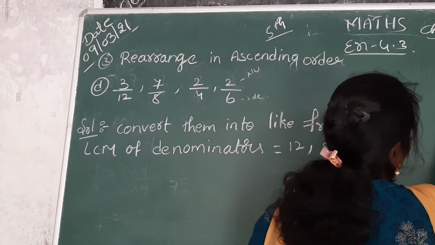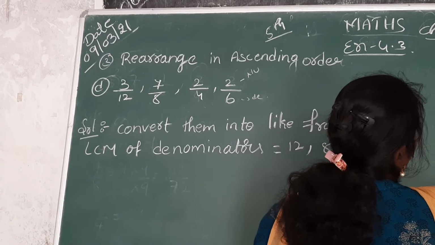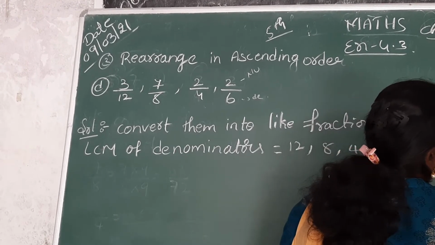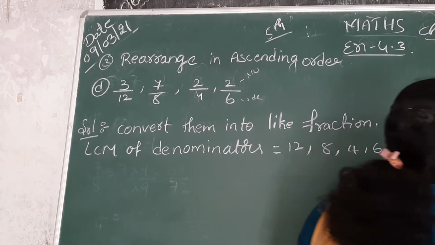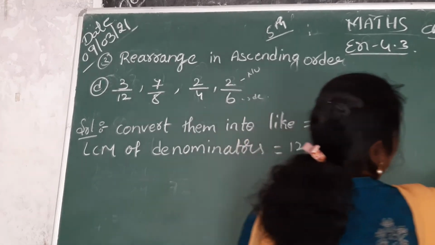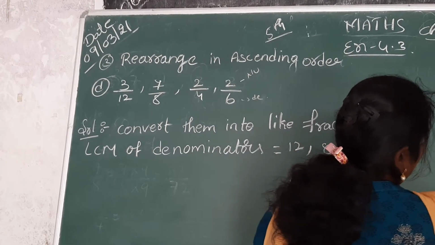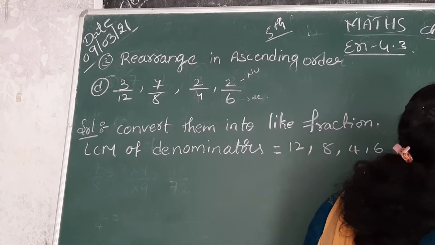Now go for the 2 table again. In the 2 table 3 will not come, so write as it is, 3. 2 1s are 2. Here 1 is there, write as it is, 1. 3: in the 2 table 3 will not come, so write 3 again. In which table will 3 come? In the 3 table. 3 1s are 3.